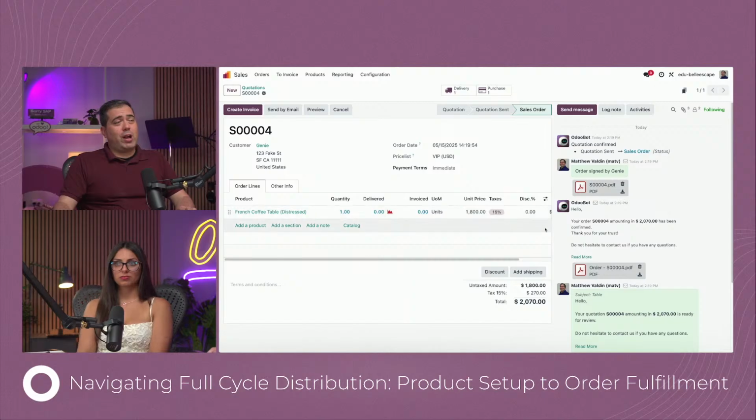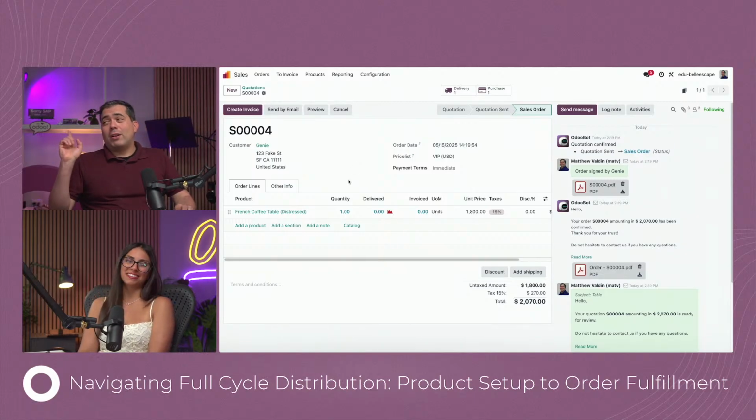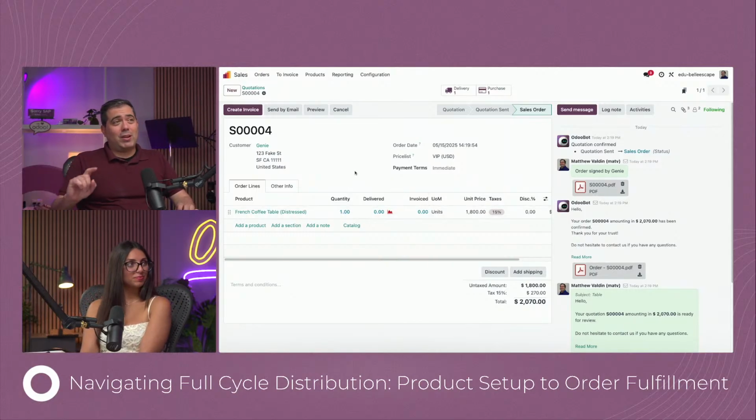So from here, I can also create an invoice and go through the accounting process. Usually I go and purchase the item first, make sure it's in stock, and then I create the invoice. That's a very smart idea. Yes, saves me some time and money. But I do want to point out something that's really nifty. You can see once this is confirmed,